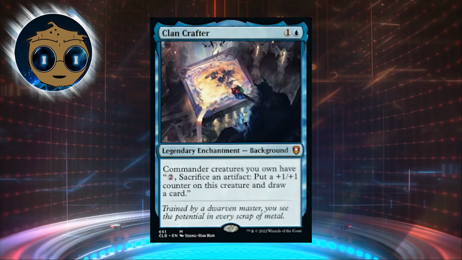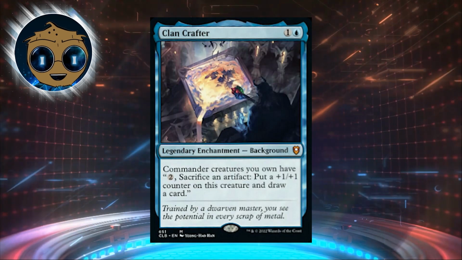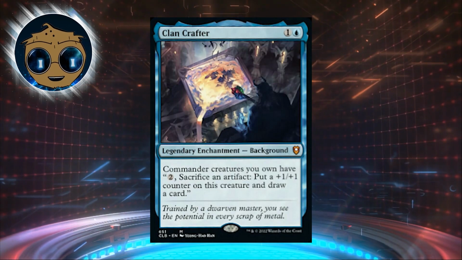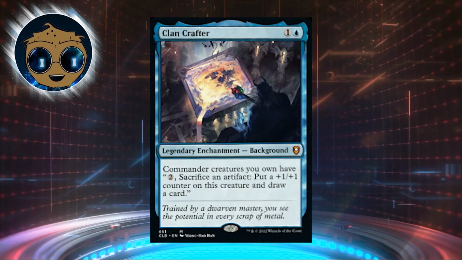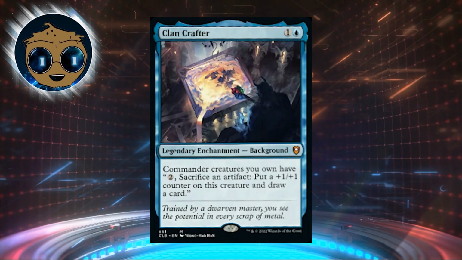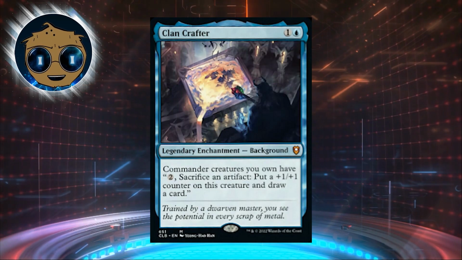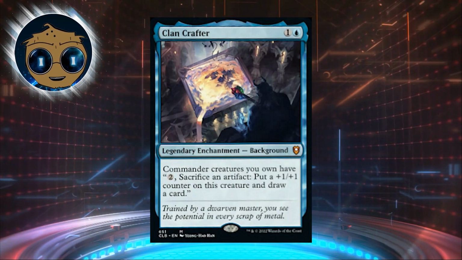Clan Crafter costs 1 and a blue and says commander creatures you own have pay 2 and sack an artifact: put a +1/+1 counter on this creature and draw a card. I mainly see this finding a nice cozy place in an artifact sacrifice deck. Power Stone tokens from Brothers War would be a great way to get use out of this card, since you'll be using that mana to pay for an ability, including this one, and then you could just sack the Power